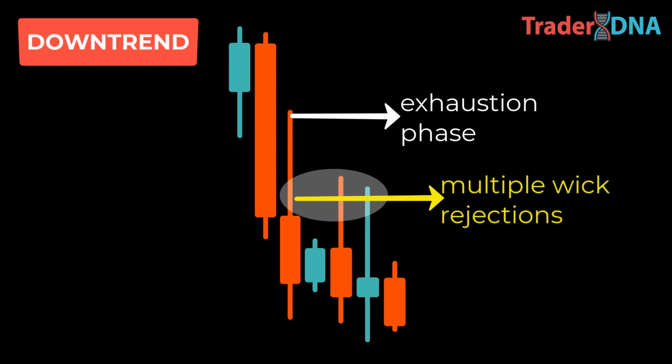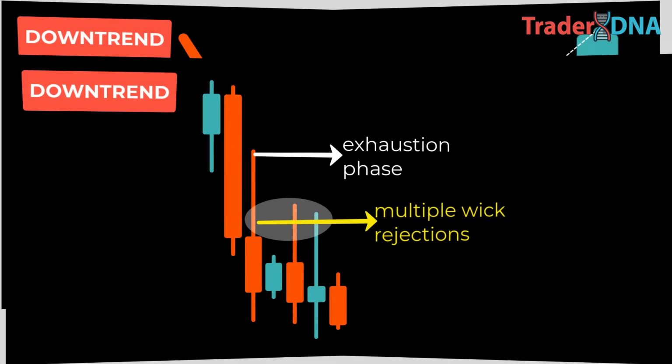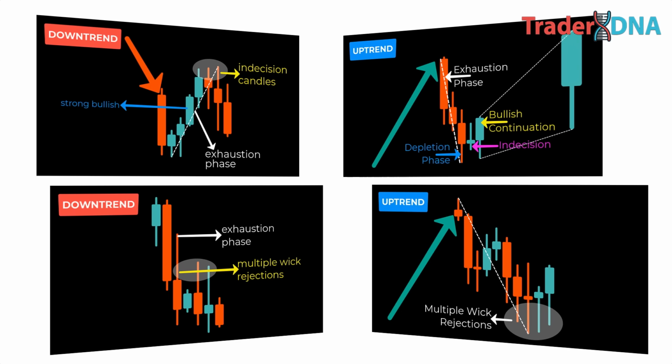downtrend will continue. To wrap it all up, there are 4 key patterns you need to focus on. 2 of them are for a buy-biased market, uptrend, and 2 for a sell-biased market, downtrend. These patterns are all about market exhaustion, recognizing when the market is pausing and spotting the price action that shows the trend is about to pick up. Master these patterns and you'll be one step ahead, able to ride those trends and increase your chances of making